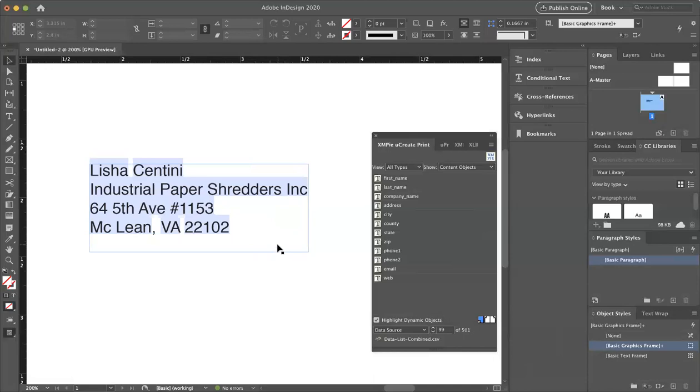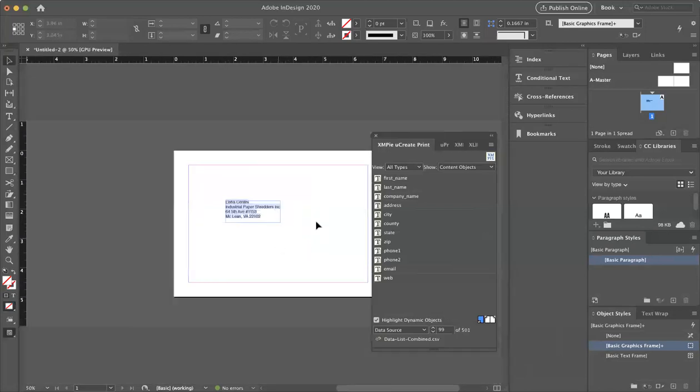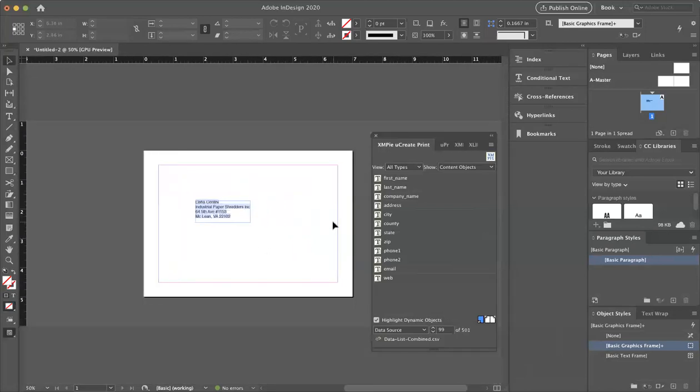For our project with this one, I'm going to want you guys to use the data combined list that you made, and you're going to link it up, and you're going to make an address box on a sheet. It can be a 5x7. And we're going to take a screenshot. Hopefully you get to see me doing this, of both your screen showing both the document and the XMPie menu there showing which record you're on. And you can choose like 5 or 6 records at random to show that they're different. I could check to make sure that you're getting it right, because